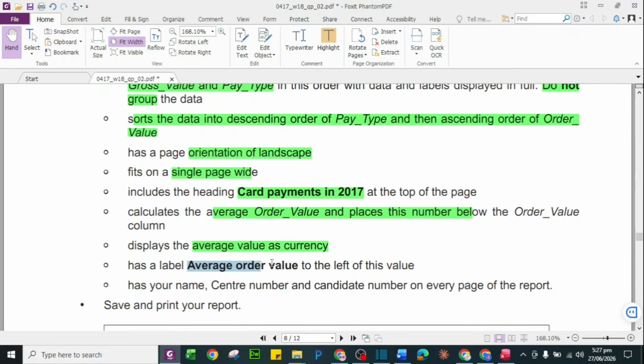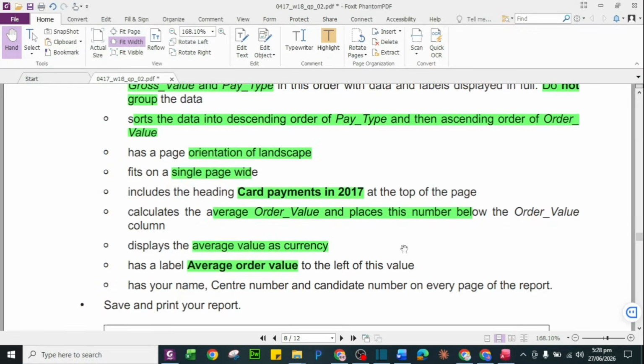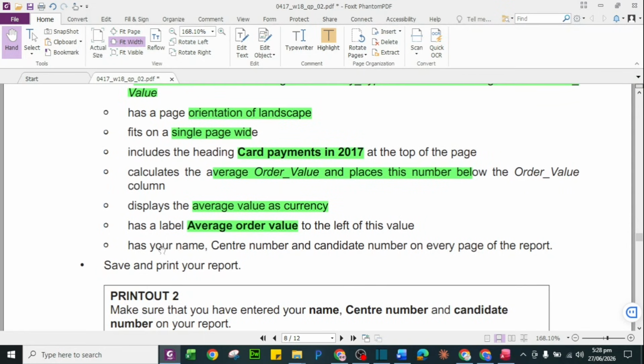Okay, one label we will add on the left side of the value. Fine, let's go. This is the value. Go and take one label. At the left side of it, drag and place it and copy your required label in it. Now press Ctrl S once again. This area is also done.